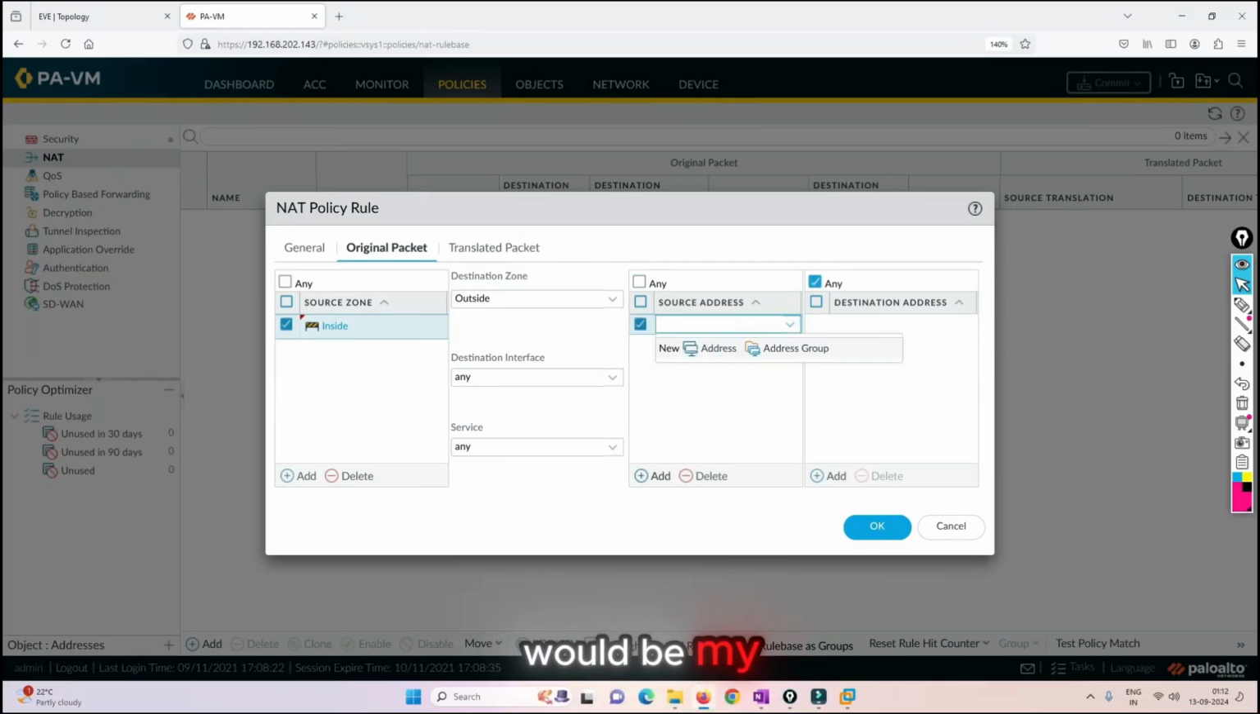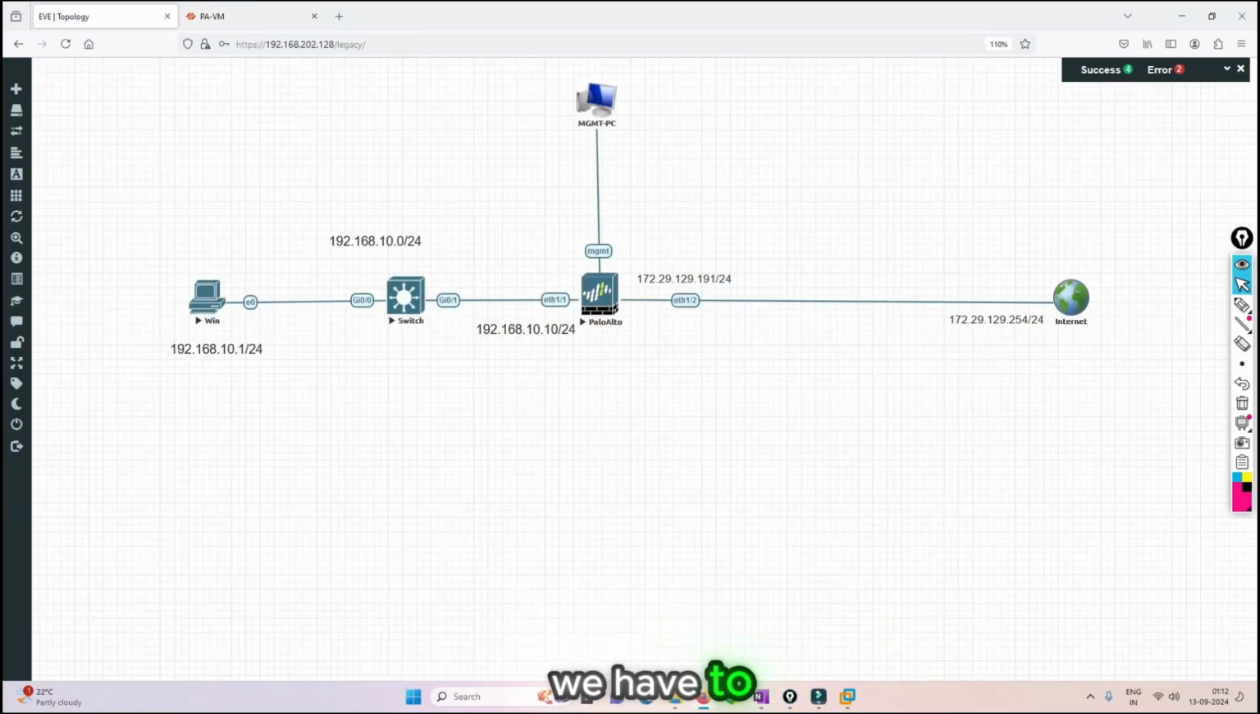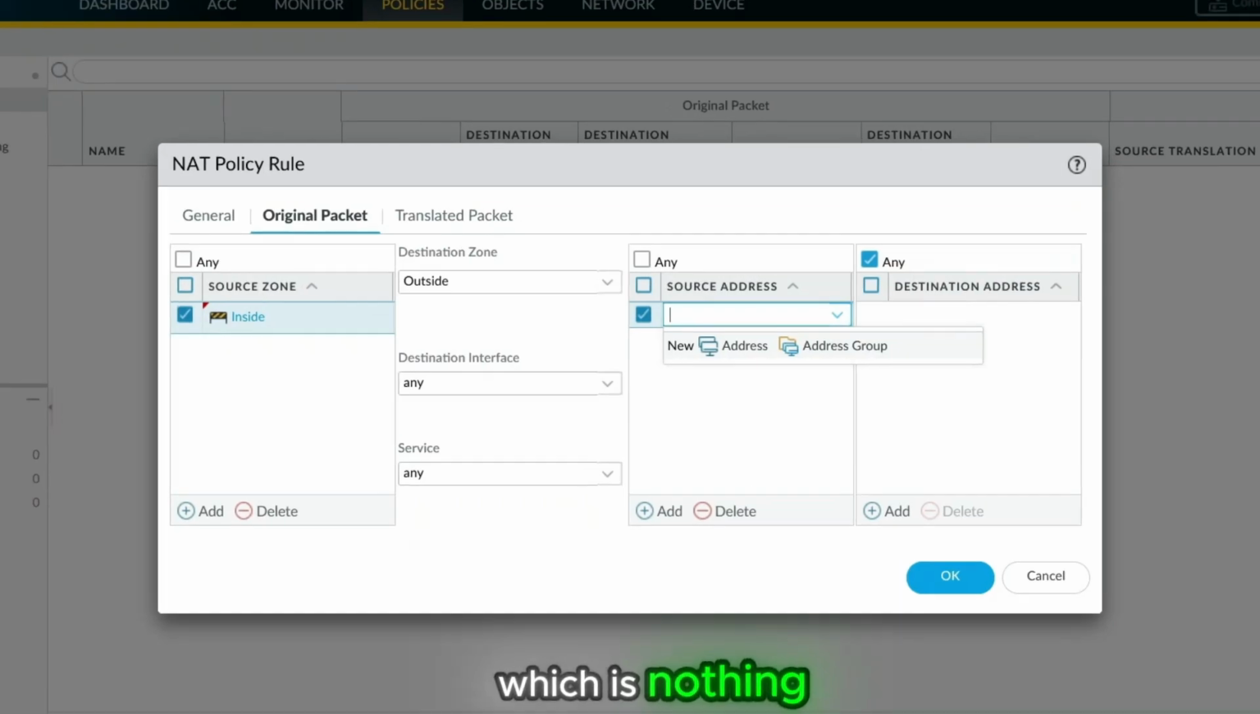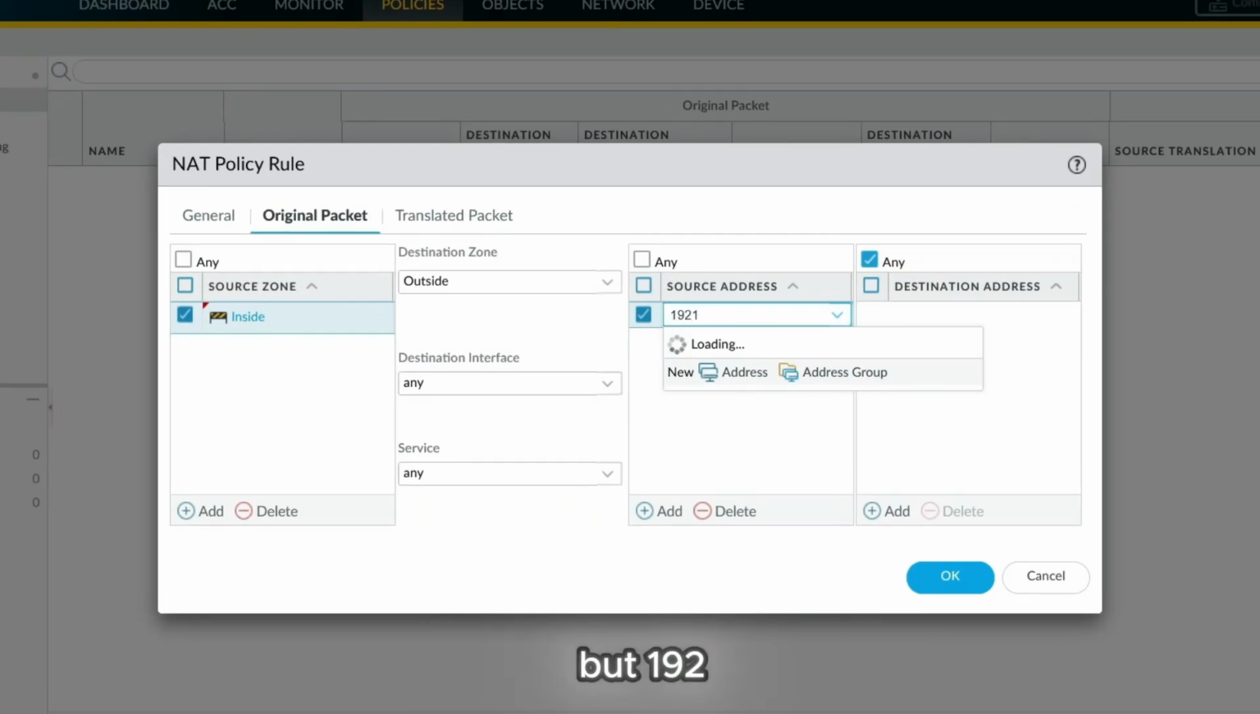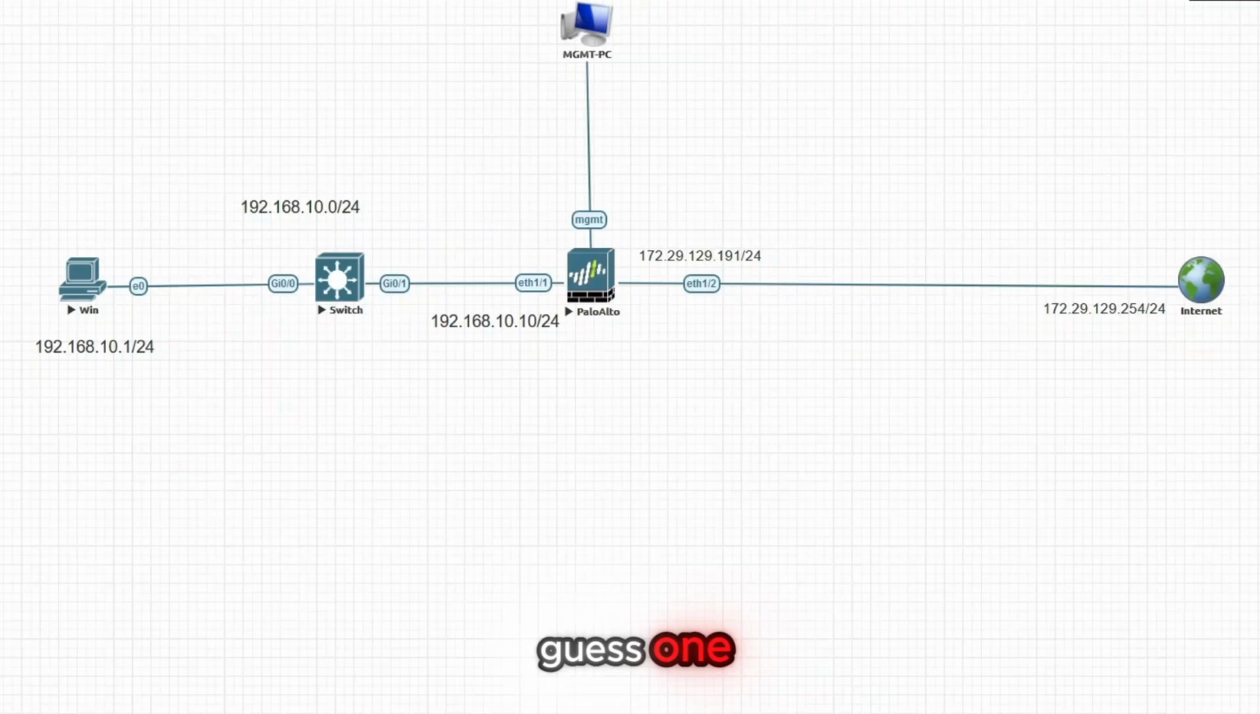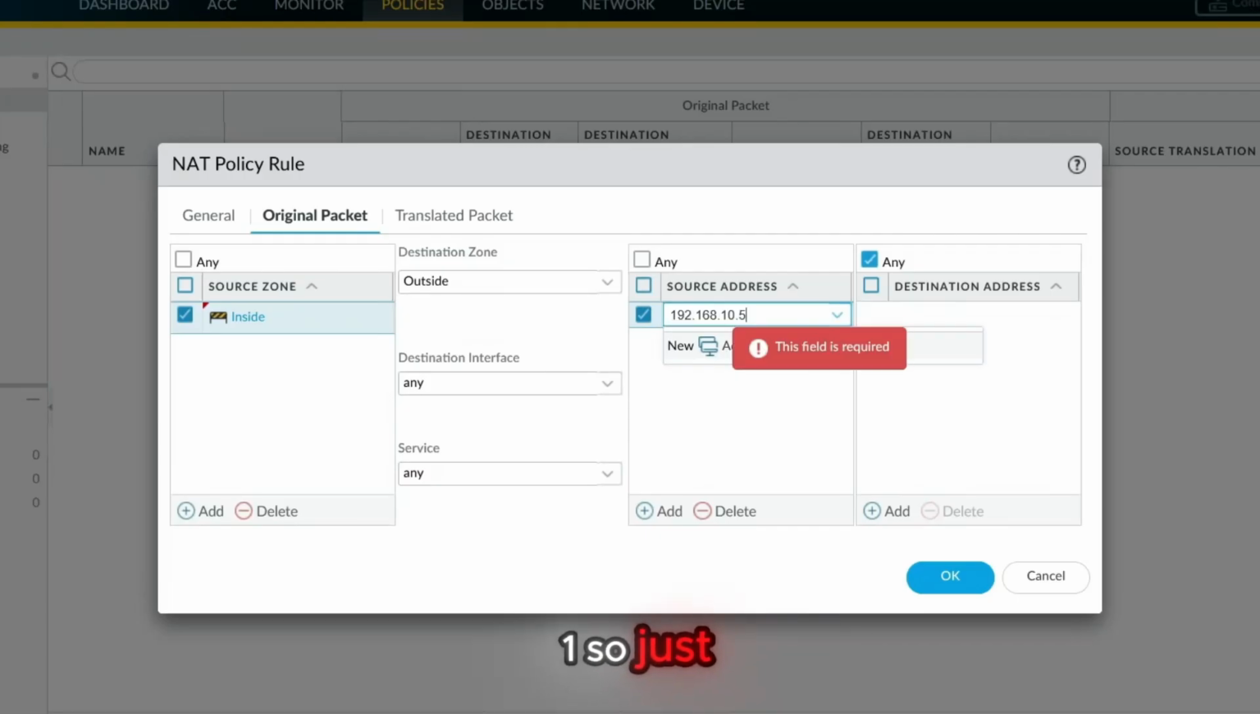Now what would be my source while entering? We have to give a private IP address, which is nothing but 192.168.10.5, or I guess 1 it is, right? 1. So I'll just make it as 1. Okay,